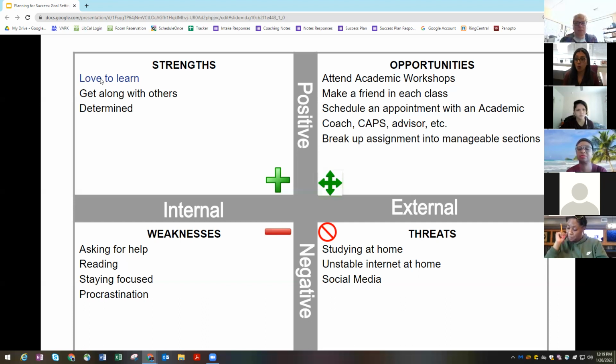You have to figure out, why are you being perfect and what are you being perfect about? If it is that your layout has to look a certain way and you can't go past this margin, this font, that's when you would say, let me get all the content out and I'm only going to spend 15 minutes at the end cleaning it up. Figure out why you're being that perfectionist, what area it's in, and then you want to balance the pros and the cons. Okay, if it is that you have to have an image attached to every vocabulary word because you want to know what it is, if that's something you need to continue to be successful,